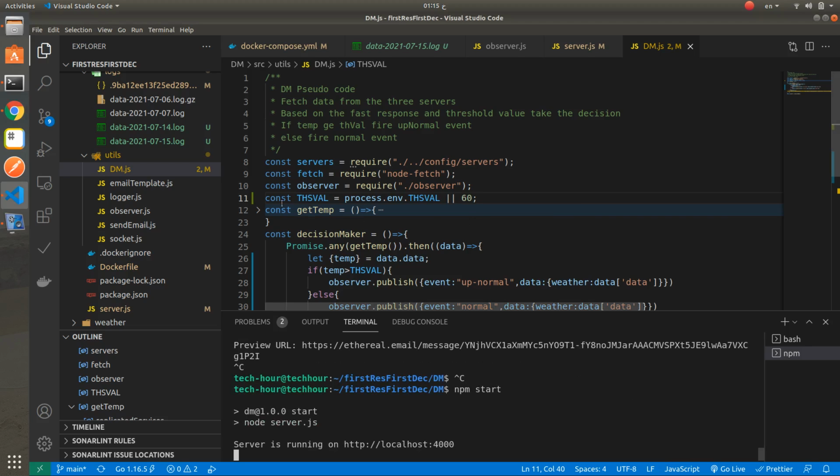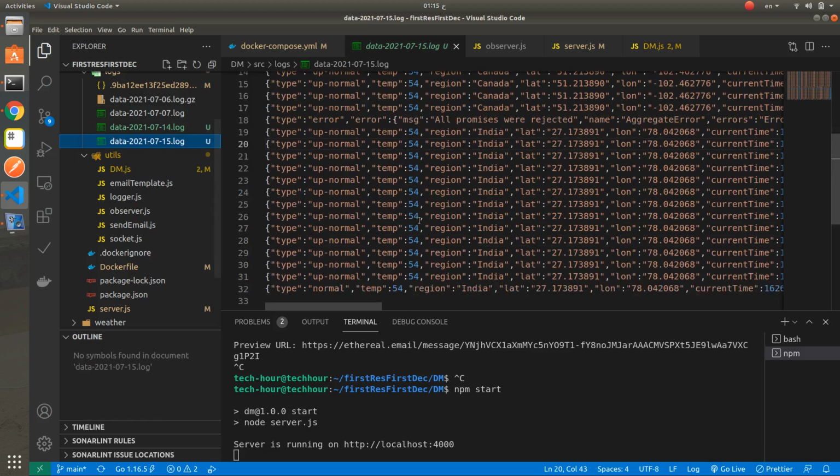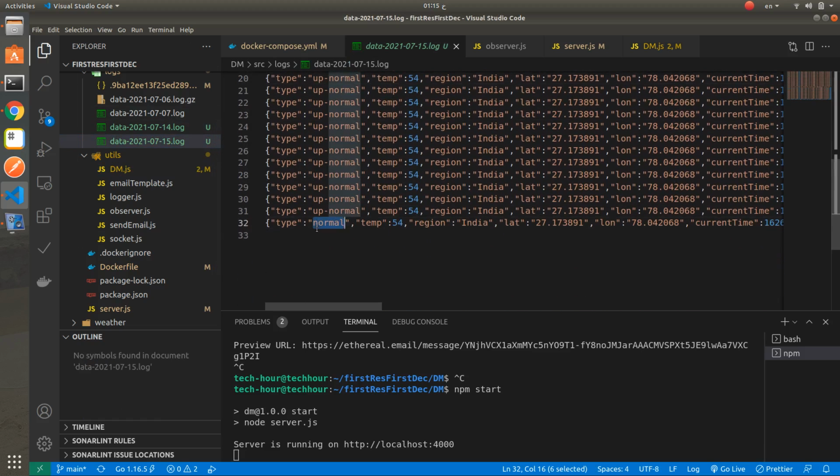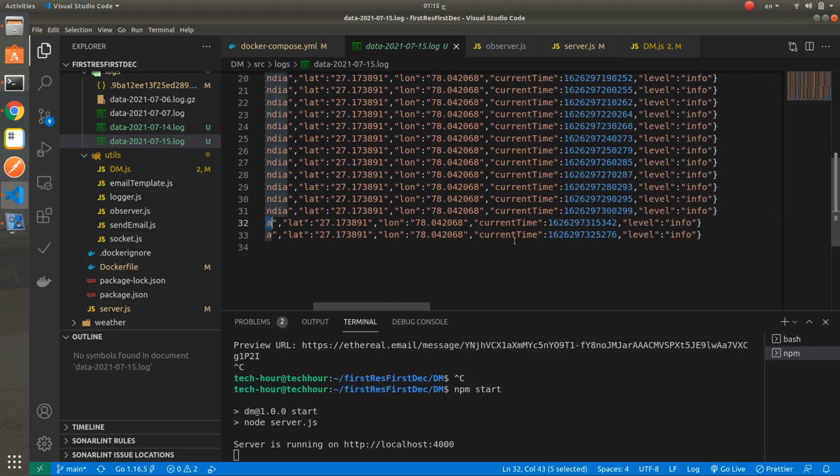To record a normal event, it only logs data inside the file. Here, this is the normal event. The type is normal, and the temperature is 54, coming from the Indian server. This is the information, and the log level is info.